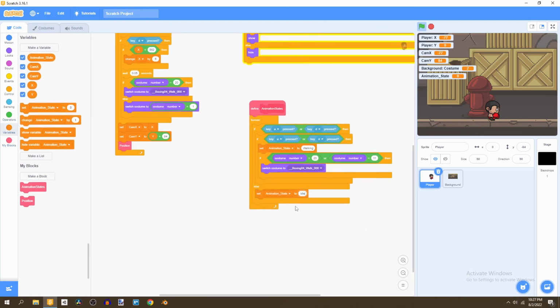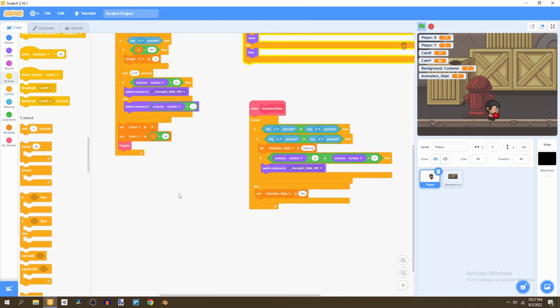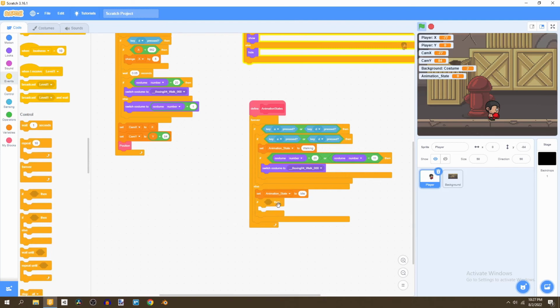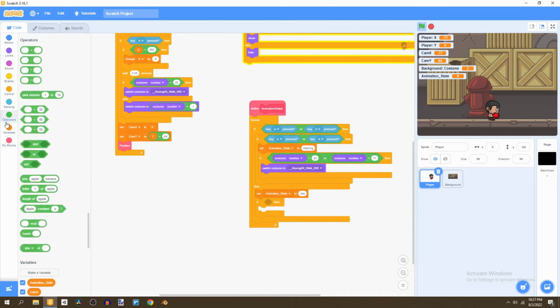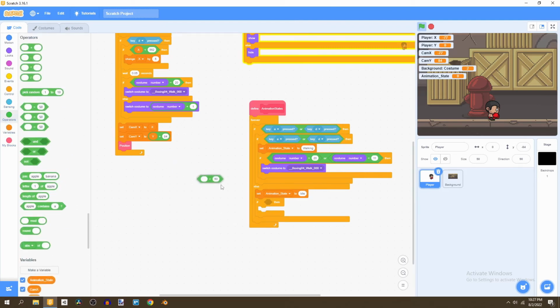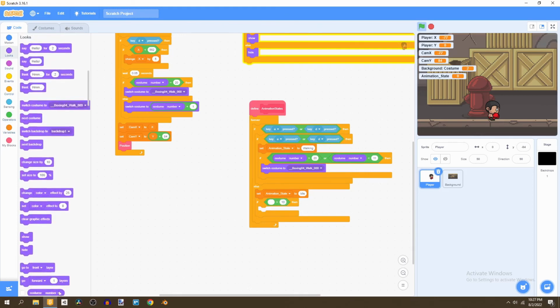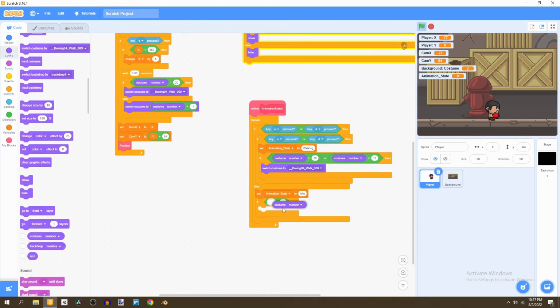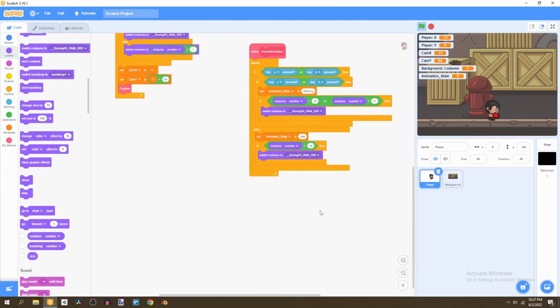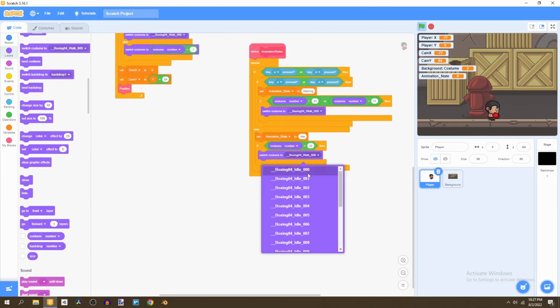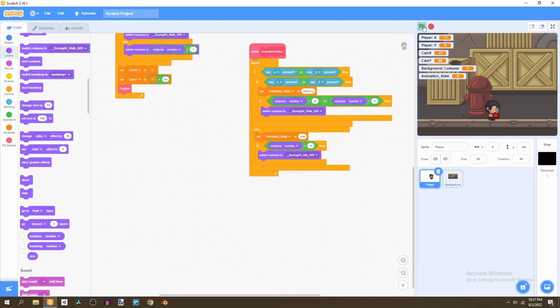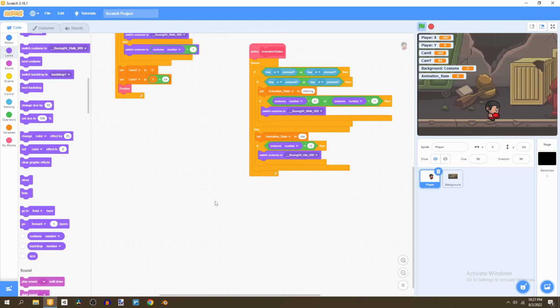So we just say idle, and we'll go to control and say if costume number is greater than 10, but let's put the costume number in first. So if costume number is greater than 10, then we'll switch the costume to the first idle. So now what we'll notice is if we don't press anything,